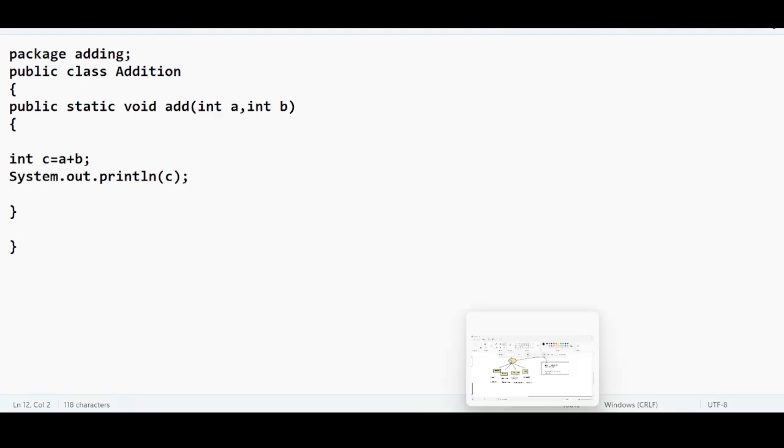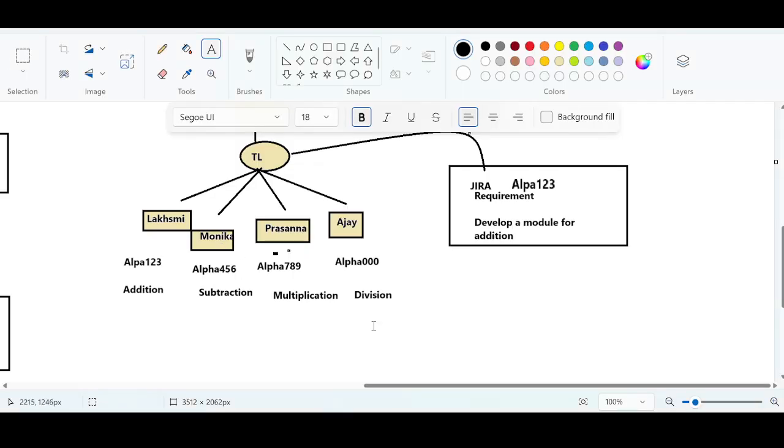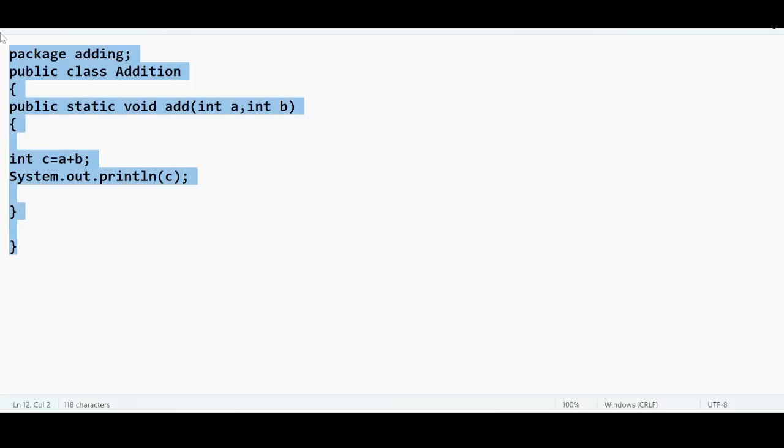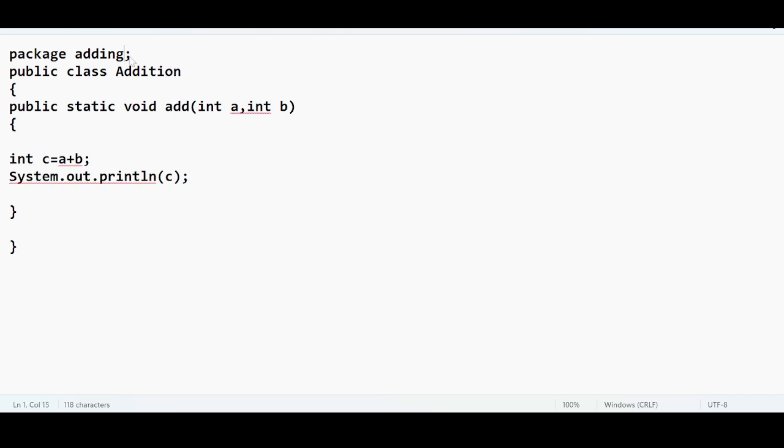Who is the next person? Subtraction is assigned to Monica. Monica has to write a code for the subtraction. I'm just changing the package name to subtract. The name of the package is subtracting. And the name of the class is